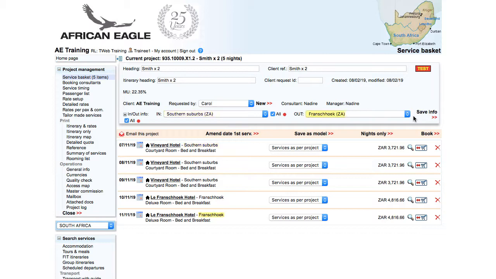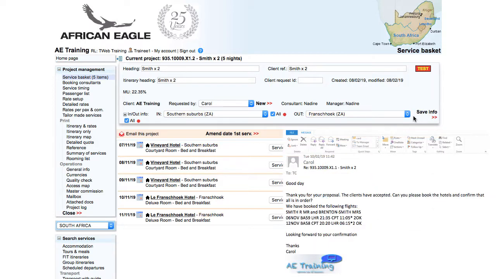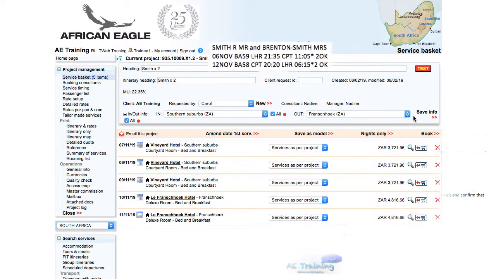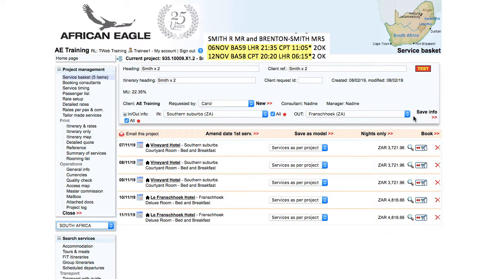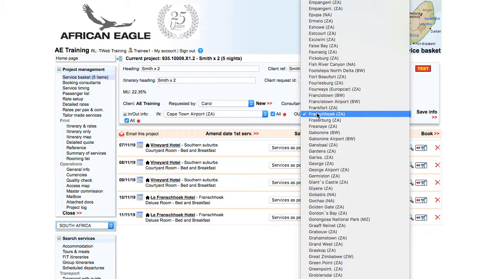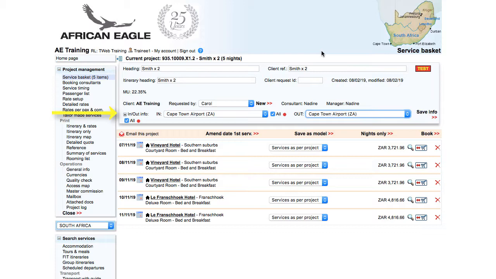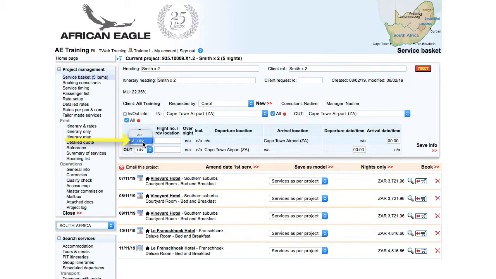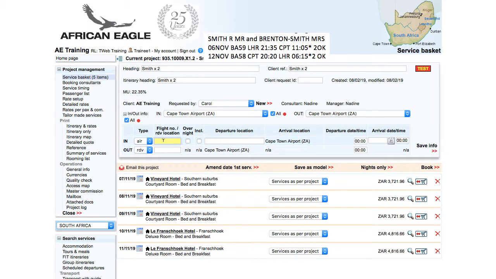In Cape Town suburbs, out Franschhoek. When more information becomes available, it should be updated. For example, once you have the flight details, British Airways, London Heathrow to Cape Town return, select the locations in and out, Cape Town Airport, Cape Town Airport, click on the plus next to in and out, select air for a flight, enter the flight number, for example BA59, enter the departure location, London Heathrow, the departure time 21:35, arrival date